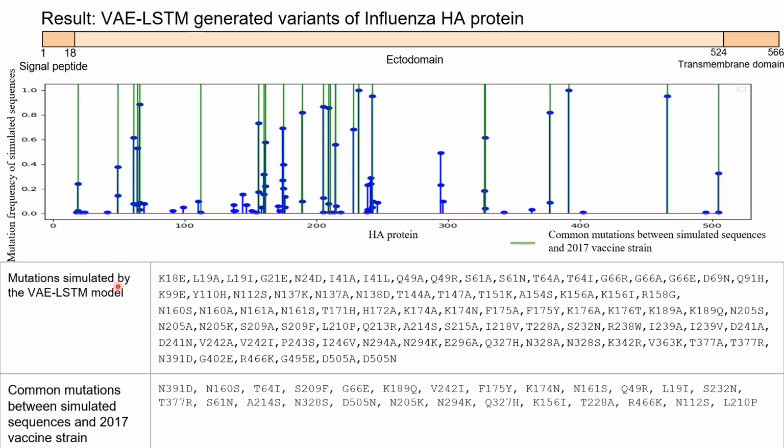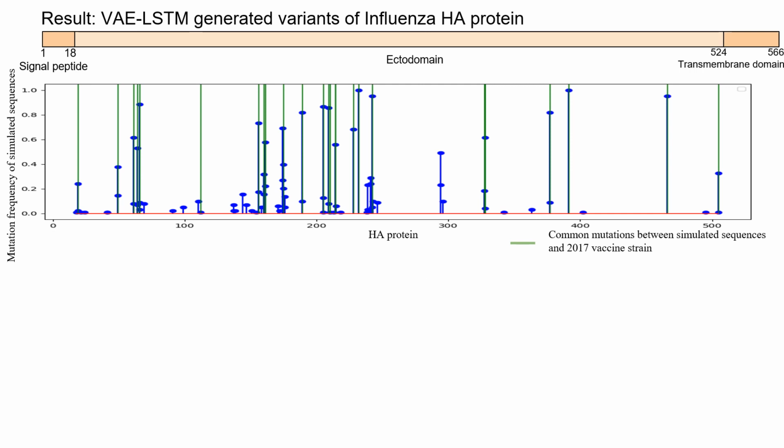So here is a listing of the mutations which were actually simulated by the VLST model, and here is a listing of the mutations that were identified as common between simulated sequences and the 2017 vaccine strain. So here we can see that our model was sensitive enough to identify these common mutations but has low specificity. So in the second half of the work,